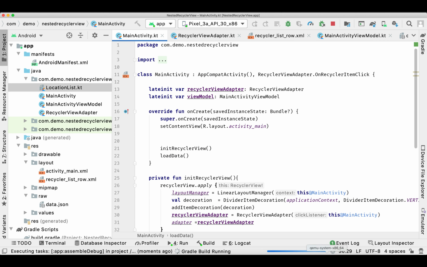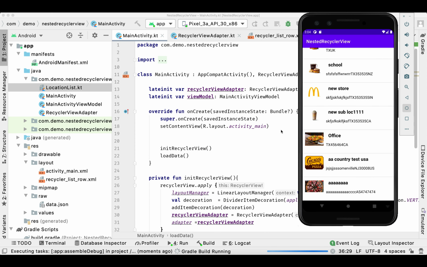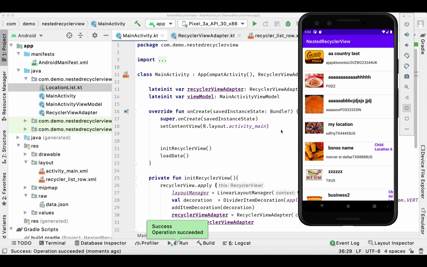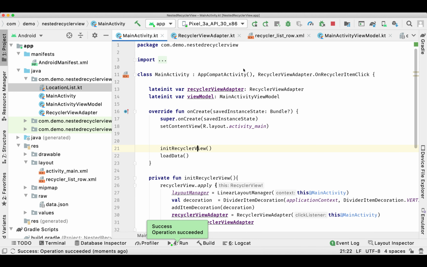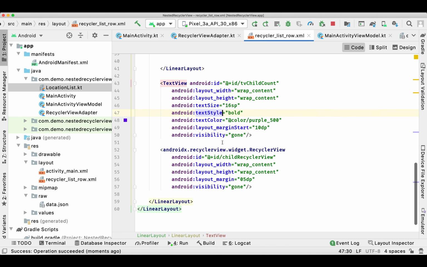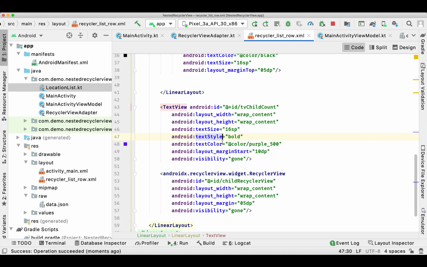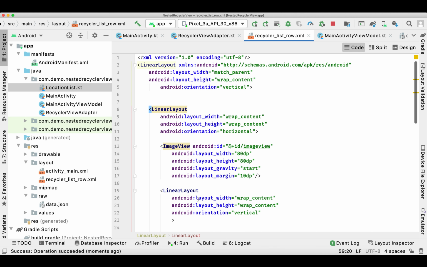Now let's run and see. So we can see something horizontally, but I think we missed something inside our layout. Okay, so we need to keep this text view and the recycler view outside this linear layout.